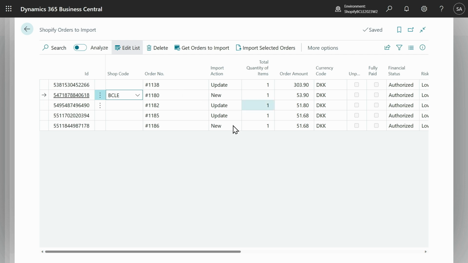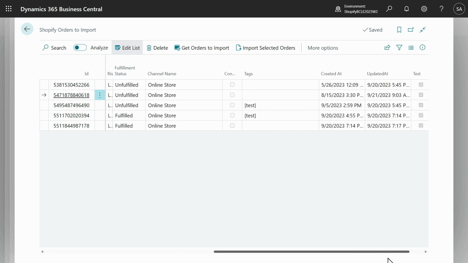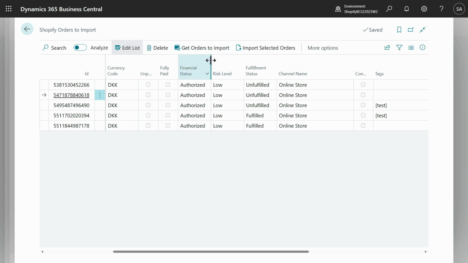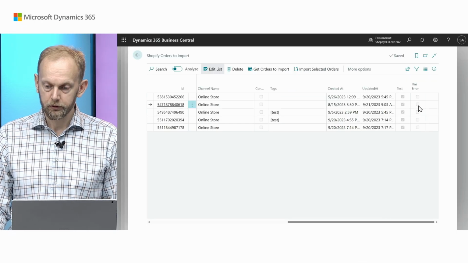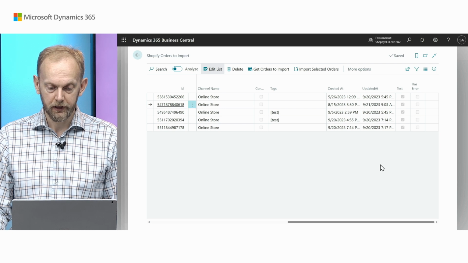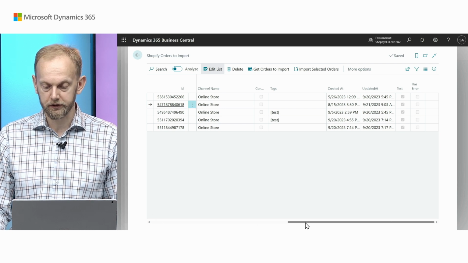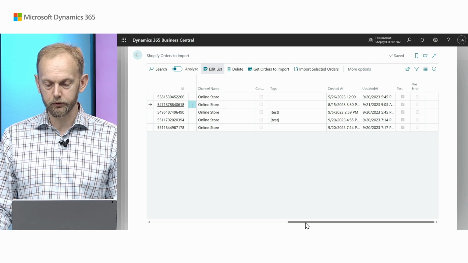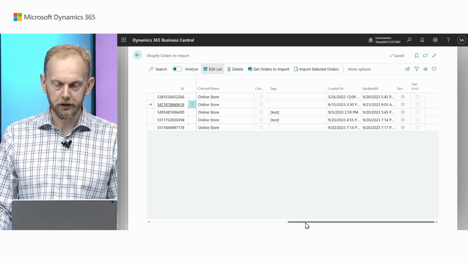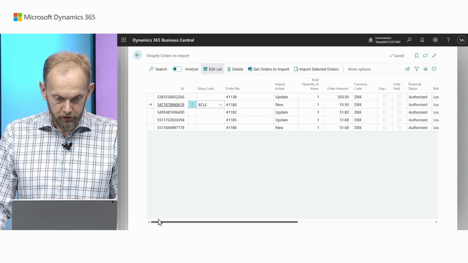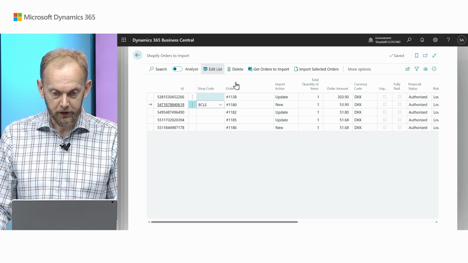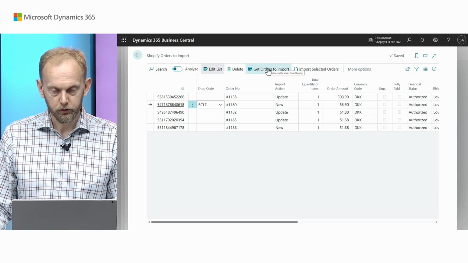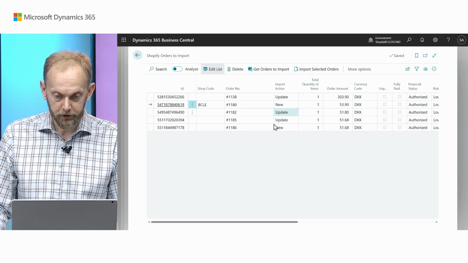It just gets the header with a couple of fields. But once I press get orders to import, the system will start to download additional information in a moment. And if something bad happens, you will see the has error field here, and at the bottom the system will show the error details. It is sometimes helpful for troubleshooting. I didn't manage to reproduce it anymore, probably because we already solved this issue, but it's useful to know. So, import selected orders.